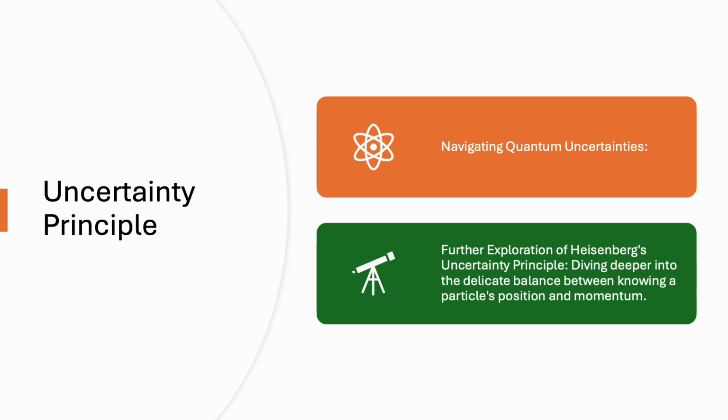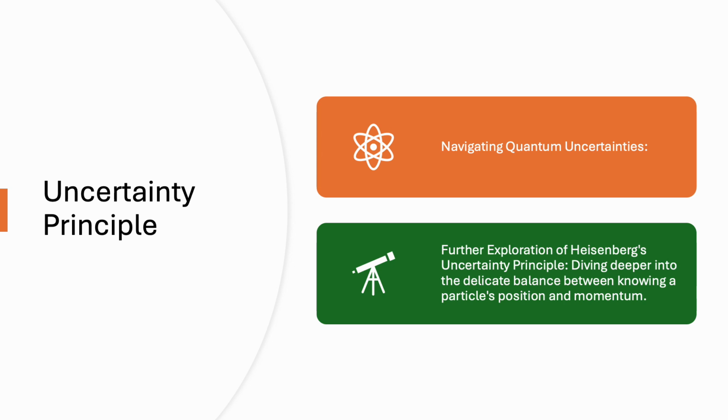You need to picture this as a delicate balancing act on the quantum tightrope. The more we try to pin down a particle's location with precision, the more difficult it is to find its momentum, and vice versa. This trade-off isn't merely an inconvenience, it reflects a profound relationship of quantum properties.